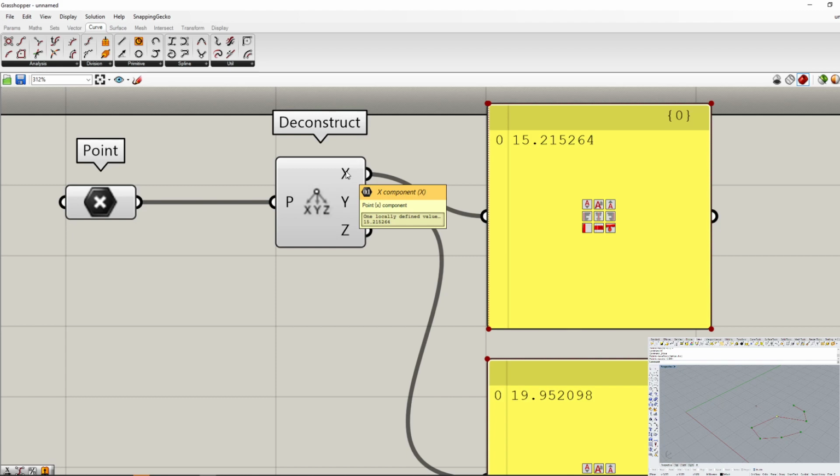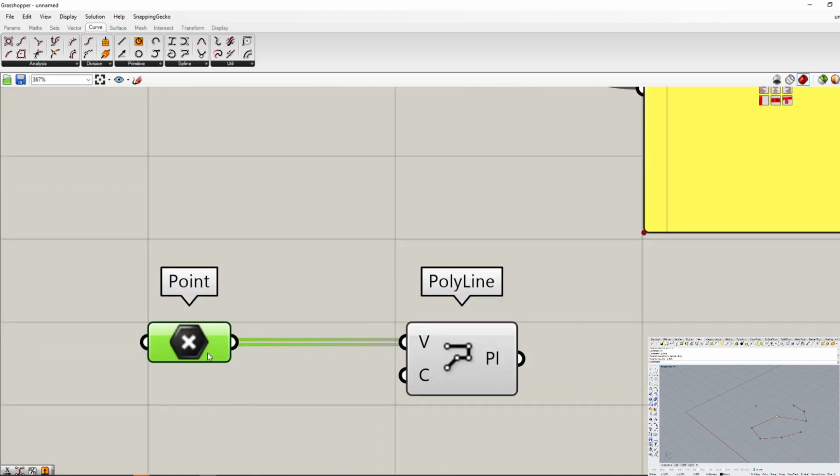Now, when I go over to the deconstruct, you'll notice that there's a very different icon. It's still a hexagon, but instead it's got the number 0.1 there. That is not a point, right? That is a number, and it's got an icon that represents it as such. So here, I've got a hexagon with a point on it going into a component that's asking for a point